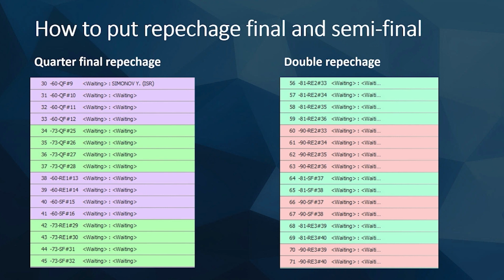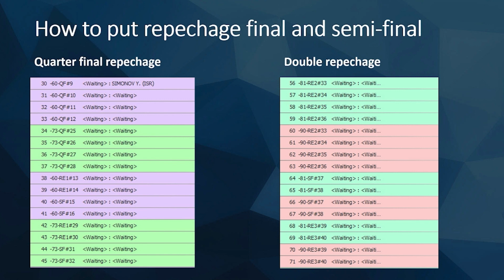Yes, this is the part of the repechage and the semi-final where you can have some issues. For example, quarterfinal, and after the quarterfinal, you should. No, actually here, sorry, my bad, because we have also a different slide later on. So this is an option with the quarterfinal repechage, and an example with double repechage, when you have more rounds,